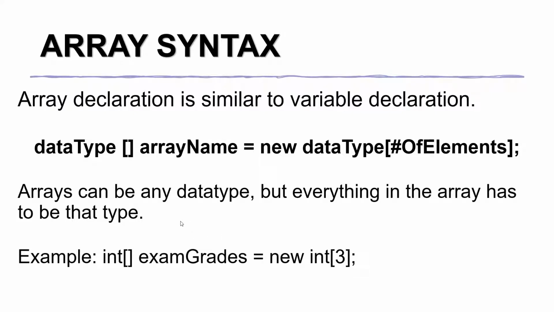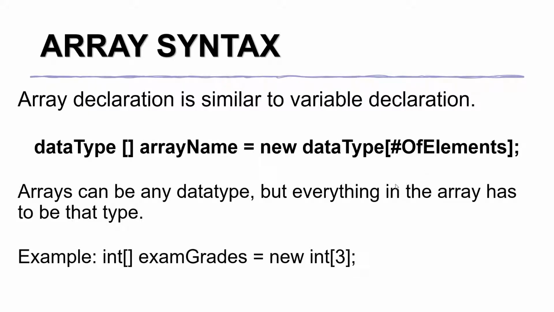The difference, though, is what happens on the other side. And even if we are going to make an array that's not currently holding anything, we still do need to write this on the other side of the equal sign, where we write out the word new, the data type again, and then inside of the square brackets, we tell the computer how many elements we plan to have